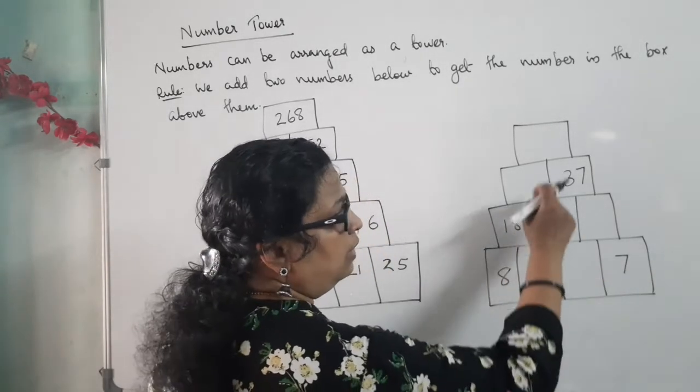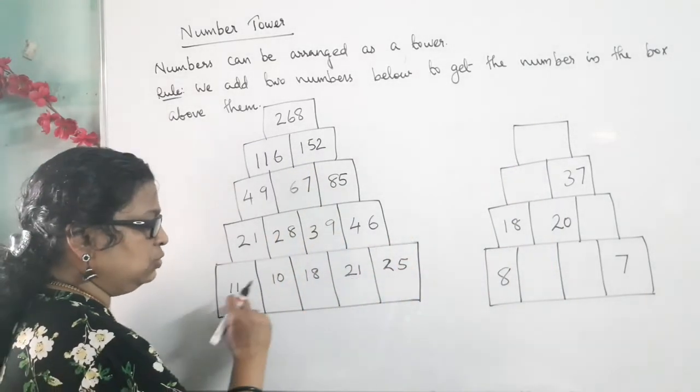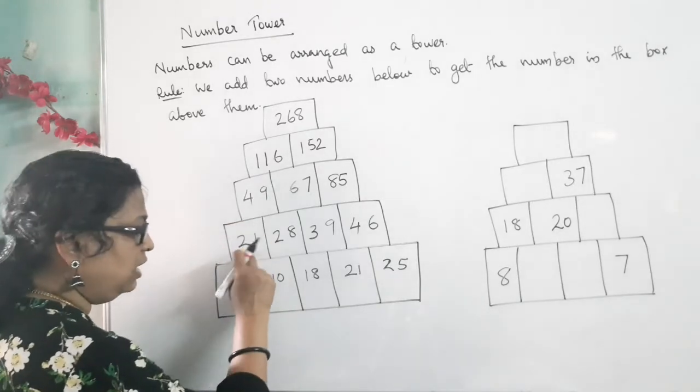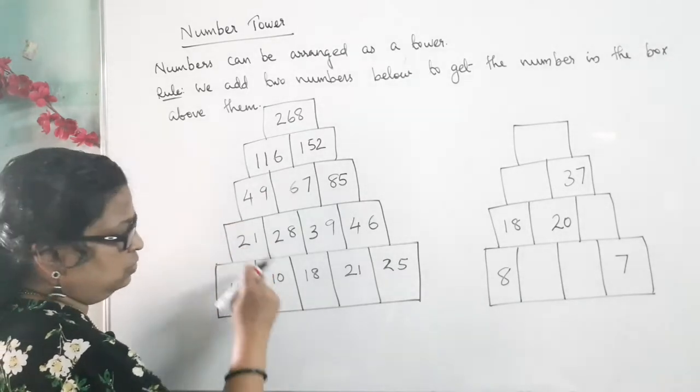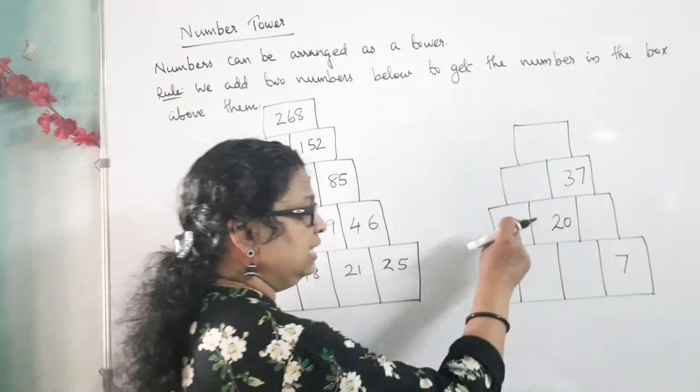Okay, then sometimes the question is given in this way, that is, not the base fully, only some base columns and some upper columns are given. Then that also you can find out, that is these two columns when added we get the above one, that is this one minus this we get this, or this one minus this we get the sum of two numbers, we get the sum.